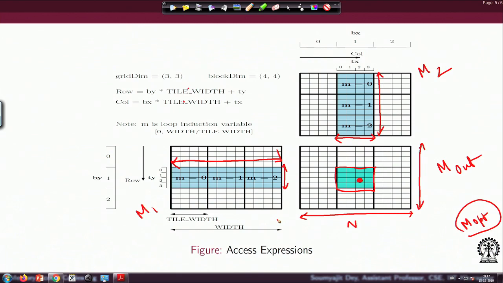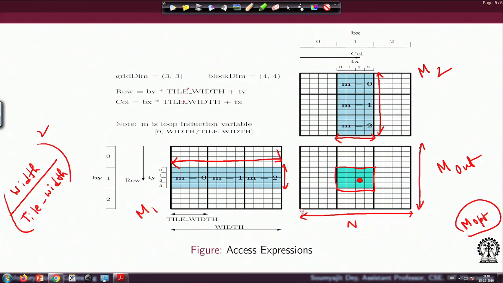So what is the total number of tiles here? Width by tile width square, right?